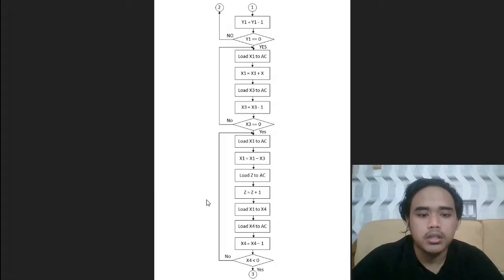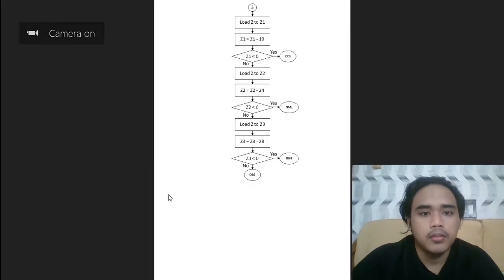In loop 3, the input of weight will be multiplied with 1000 to balance the denominator and numerator. In loop 4, we will use the value from loop 2 and loop 3 to get the value of BMI and label it as Z. The value of Z will be tested to get the level of BMI. The value of Z will be located to Z1. The Z1 will be minus 19.